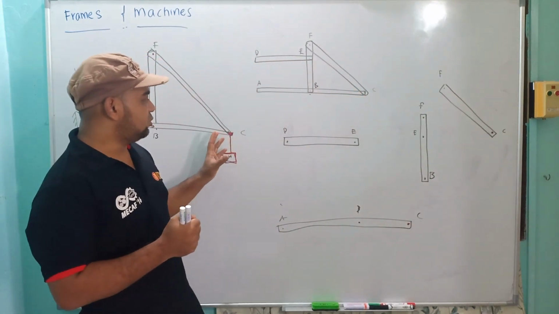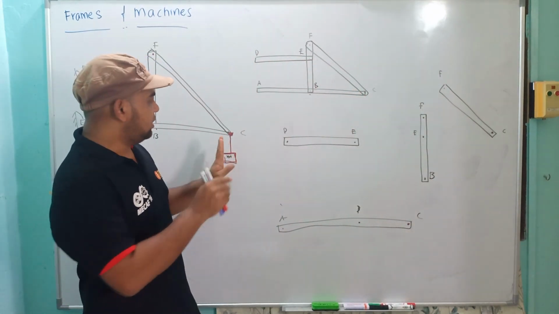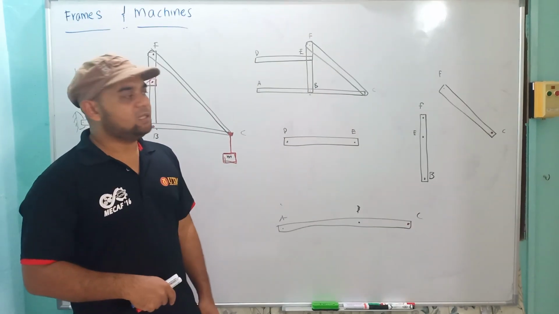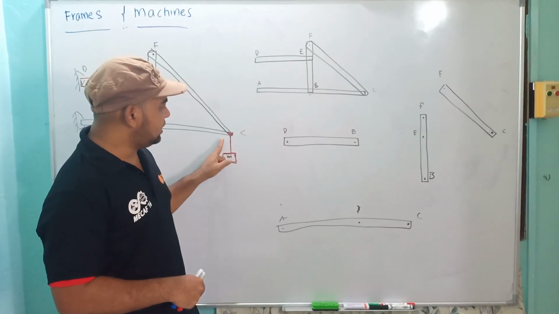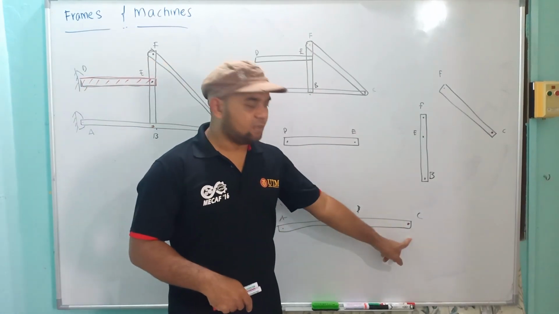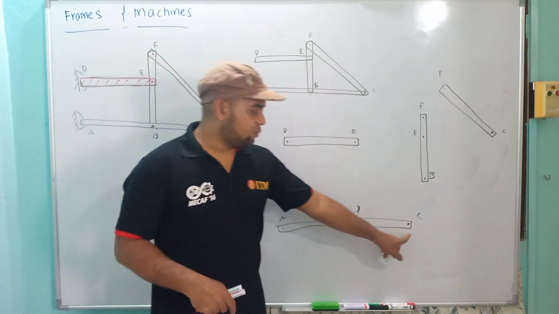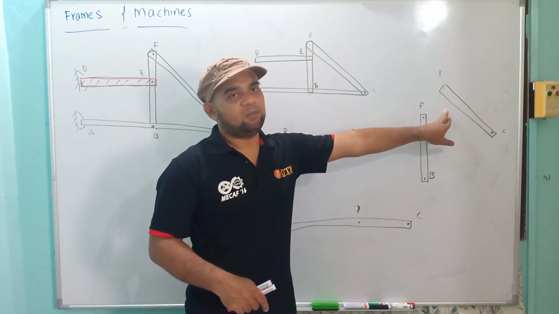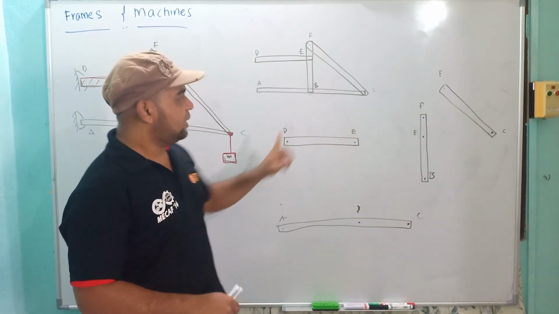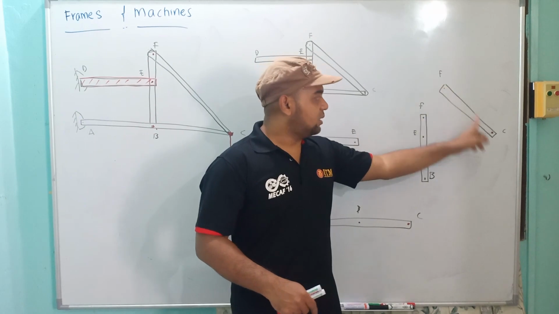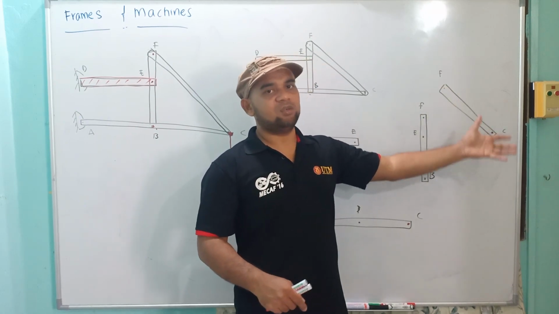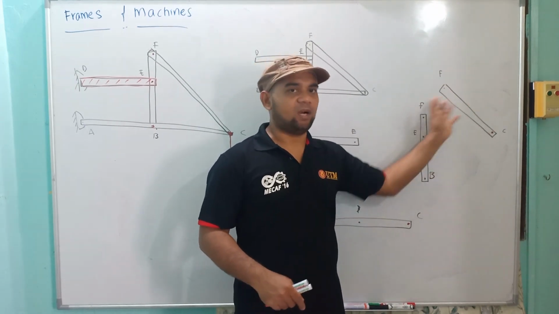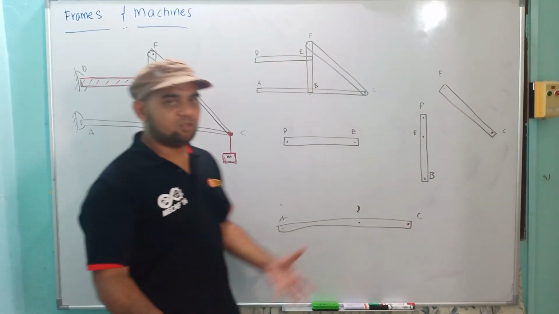In this case, you have 2 points which are connected together, so you have to choose which point to put it on. We have to put the mass on this C, so that this one can become a 2 force member. If you put this mg down here, there's no problem with that, and this one can become a 2 force member. But if you put the M at this C, it is no longer a 2 force member, so you have more unknowns than usual. So you have to choose wisely.